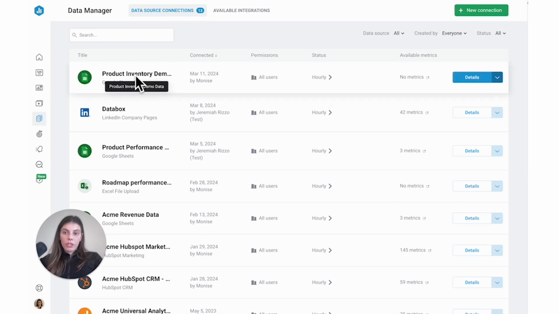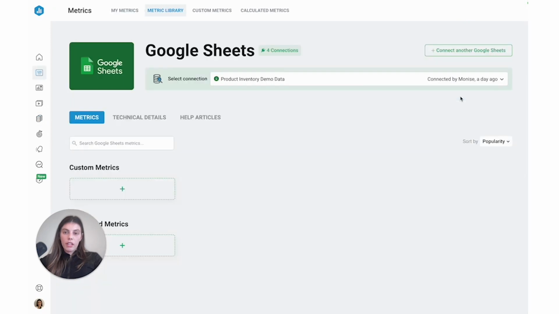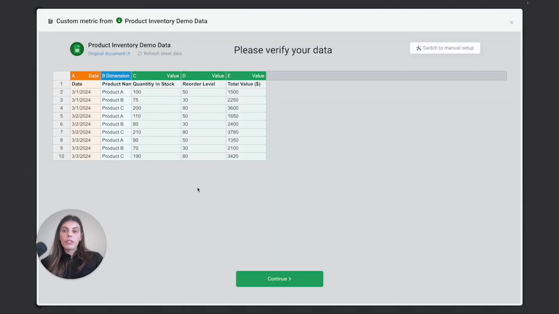Okay, so here's my sheet, product inventory demo data, and to create metrics, I'm just gonna select custom metrics. Again, we're selecting custom metrics, but we don't have any metrics available yet. So to build a metric, I would just select the plus button under custom metrics. Okay, so this is our Google Sheets wizard, which essentially just makes it a lot easier for you to create